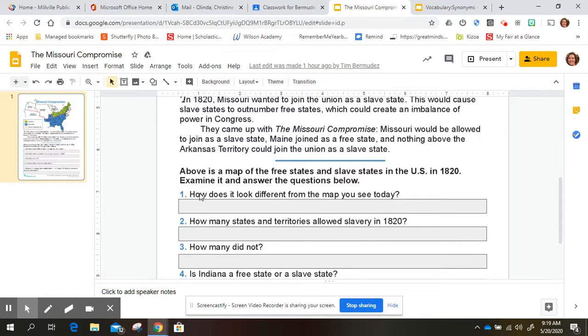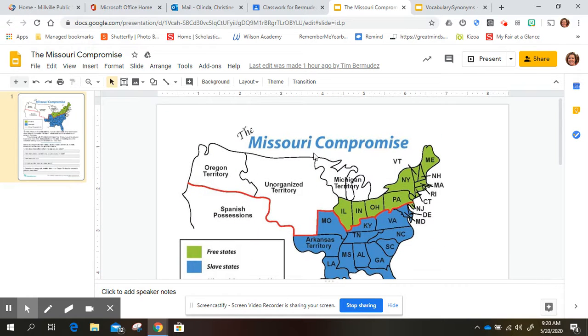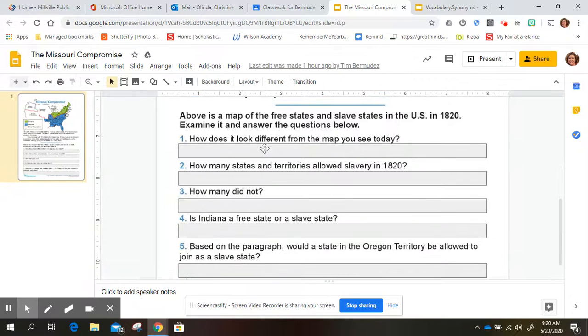It says, number one, above is a map of the free states and slave states in the United States in 1820. Examine it and answer the questions below. How does it look different from the map you see today? So how does this map look different? Well, right away, I noticed there are no states on the western part of our country. And so I could say